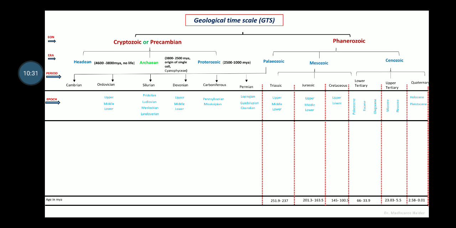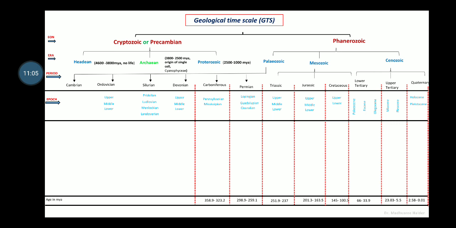And here is the end of the Mesozoic era, and then the Paleozoic era that started with the Permian period that started from 259.1 million years and it ended with 298.9 million years, while in Carboniferous the age is almost